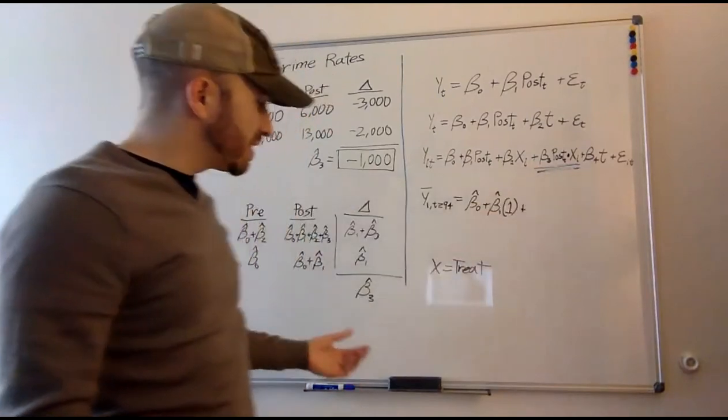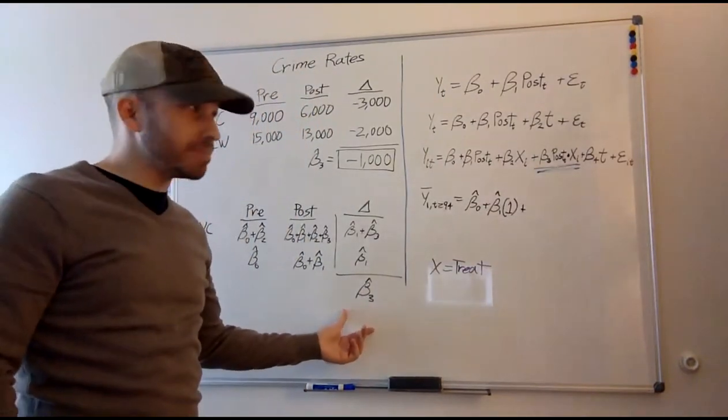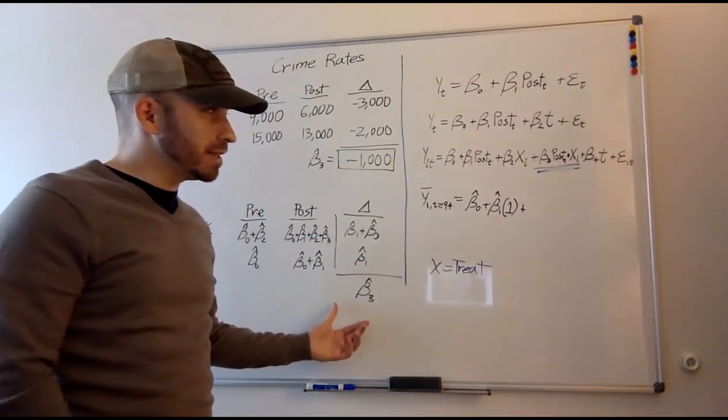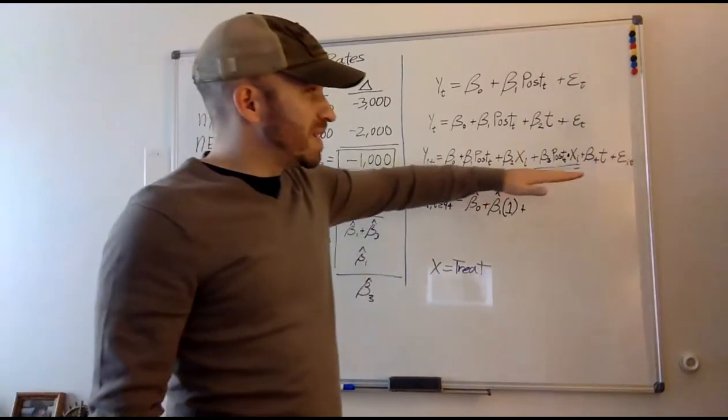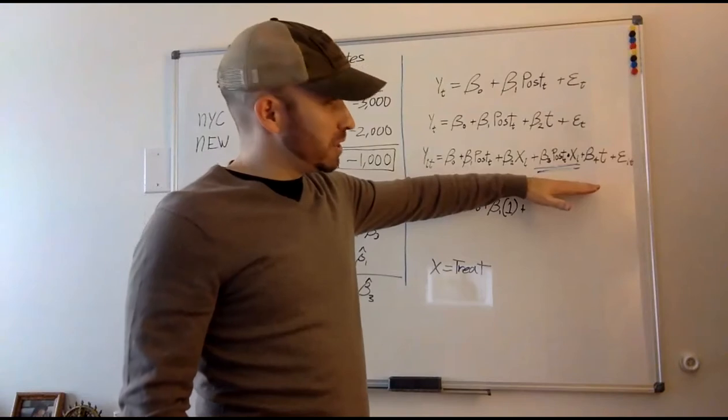That coefficient is still the difference in differences estimate. And that's an important thing to keep in mind here, because the way that in application we're going to end up